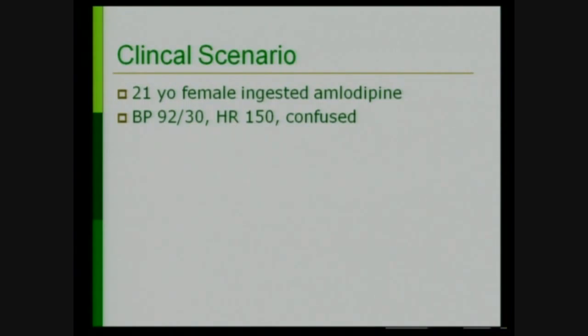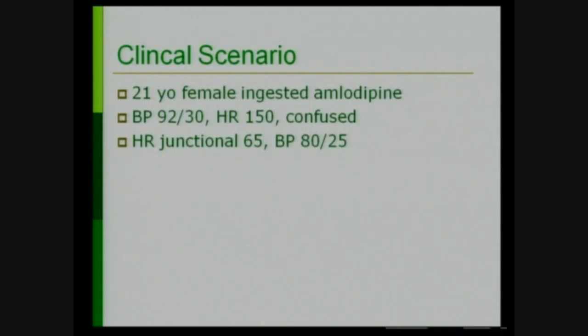So what would people start out with? Maybe a little fluids, right? Maybe some calcium, maybe some glucagon, see what happens. We were really worried when she got bradycardic because it seemed like this tachycardia was keeping her alive with this low blood pressure. And then all of a sudden she had this junctional rhythm at 65 and